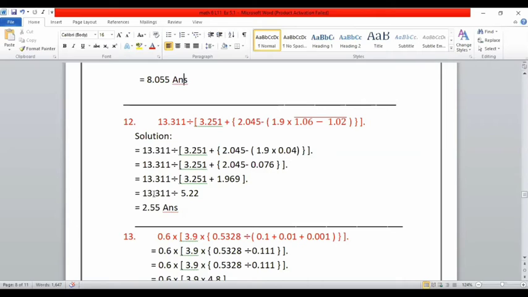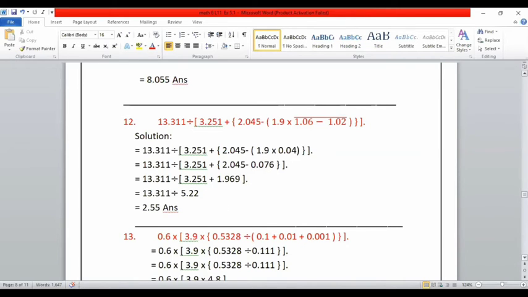Now here, dear student, 13.31 divided by 5.22. As usual, we have to divide this value, if you divide 13.31 by this one, you will get 2.55. First, think about this value: if there is a point, you can keep the point for last. You can divide 13.3311 by 522. You can divide and keep the point in last, no problem.